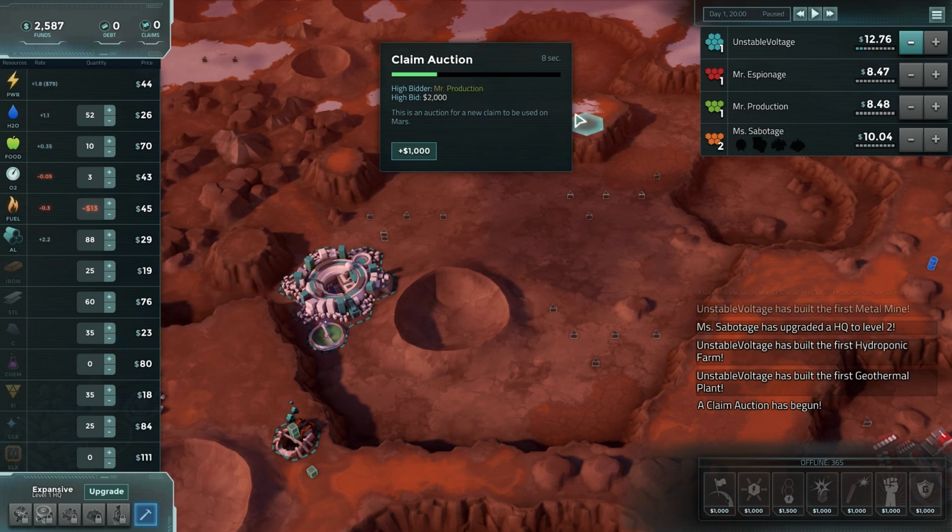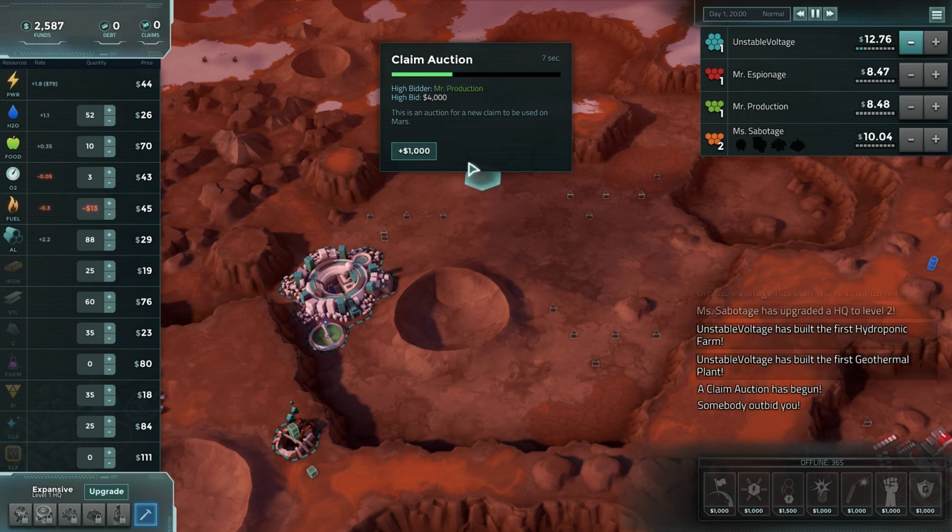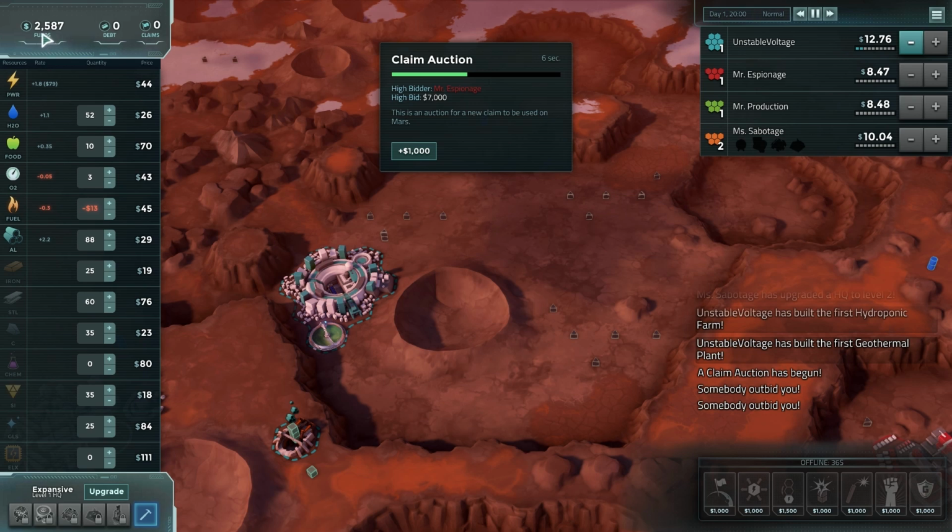So what we've got here now is this auction where you'll basically get something that you can buy, and just like a real auction, you bid on it and the price goes up. So this is an auction for a new claim to be used on Mars. So this will basically allow us to put another building down. So the high bid is currently 2,000. Let's go and place a bid. That puts it up to 3,000. I'll unpause. It's currently up to 5,000. Now, even though I don't have that much money in the bank...